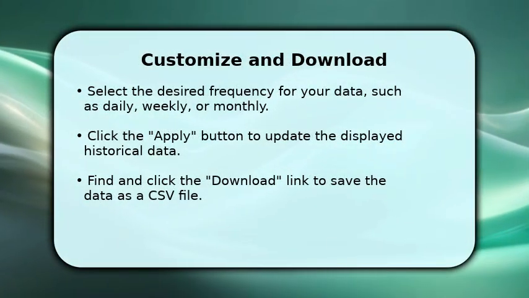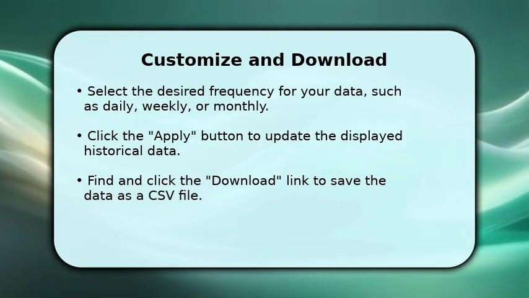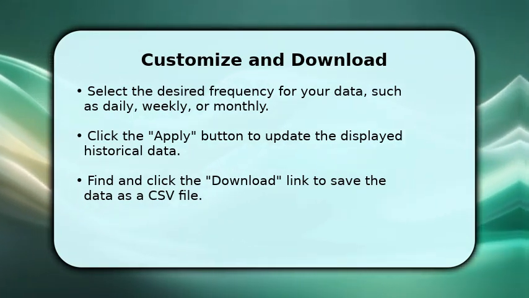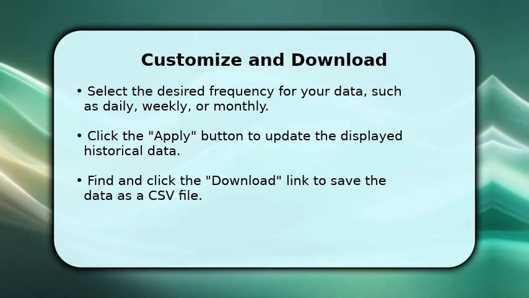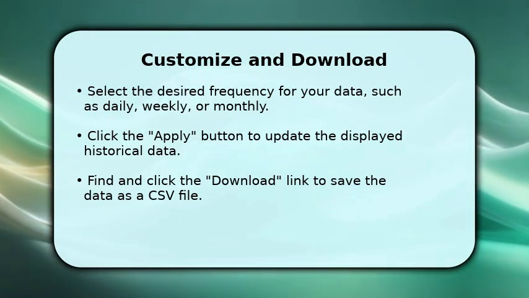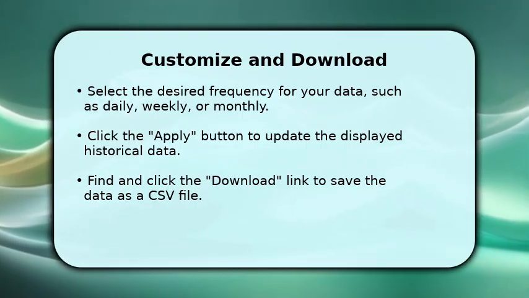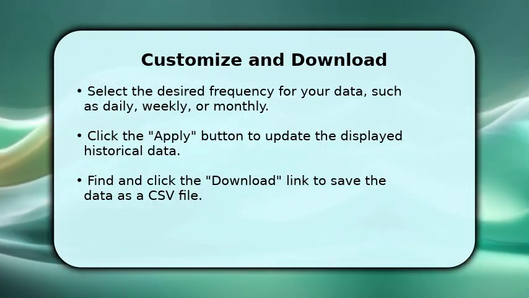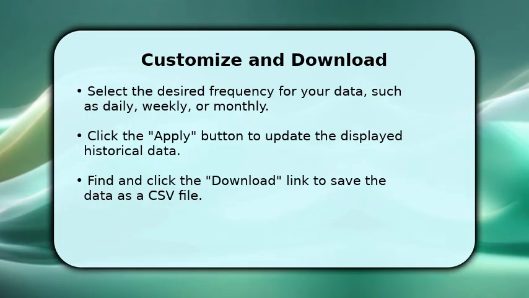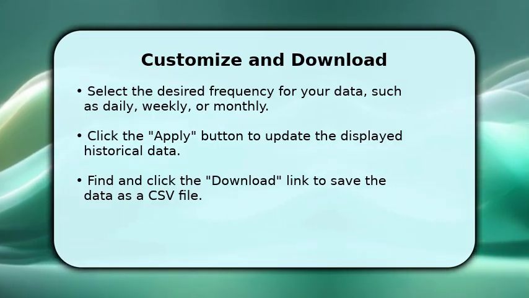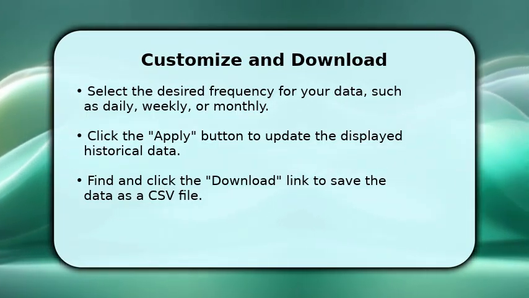After selecting your time period, you can choose the data frequency. Options typically include daily, weekly, or monthly intervals. Make sure to click the Apply button to refresh the data shown on the screen. Finally, locate the download link, usually on the right side, and click it to save your data as a convenient